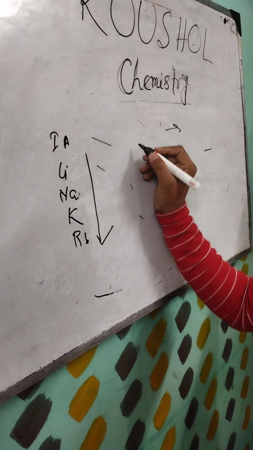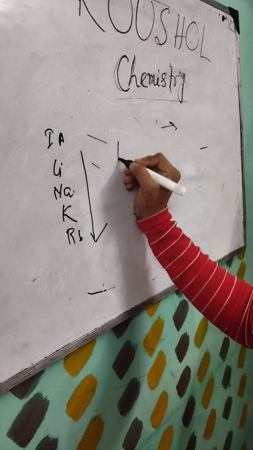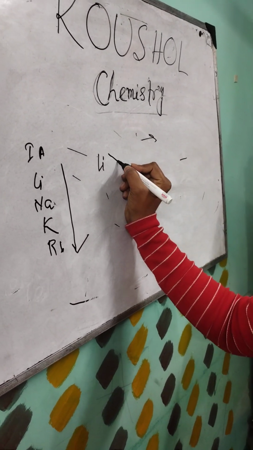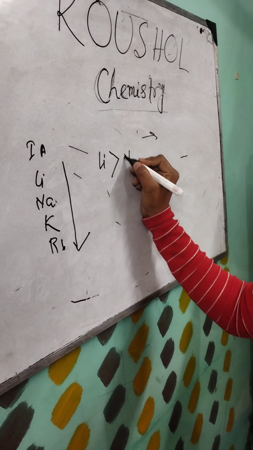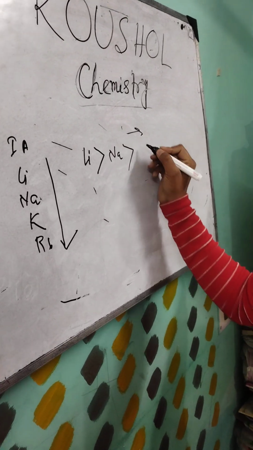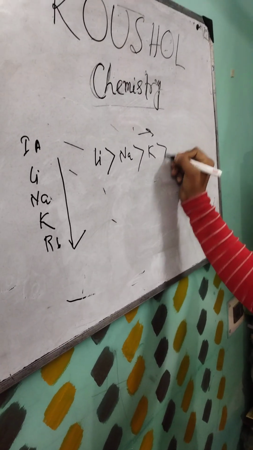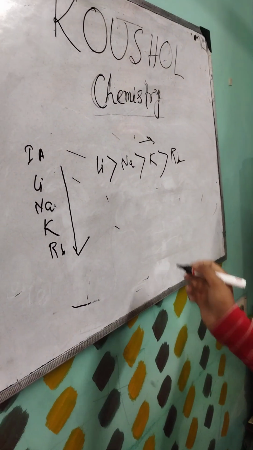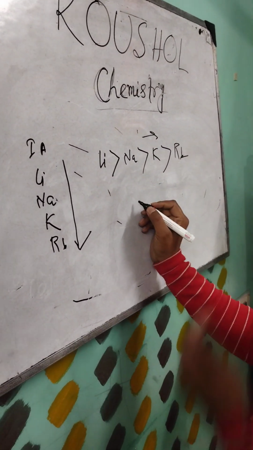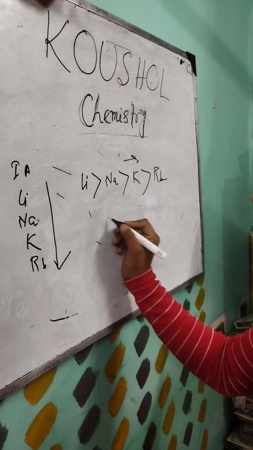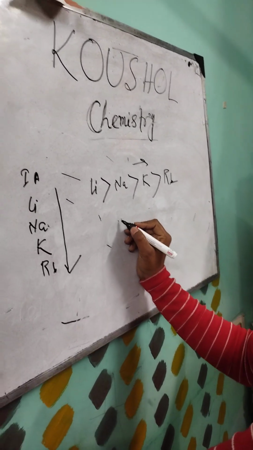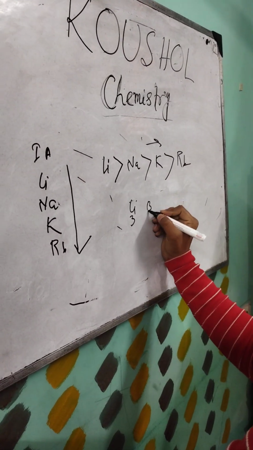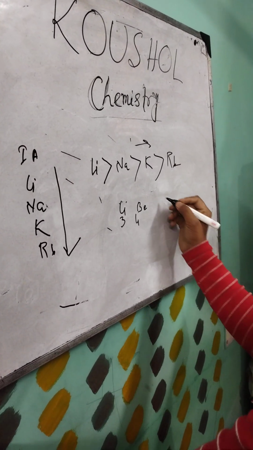So in decreasing order, lithium has greater ionization energy as compared to sodium, potassium, and rubidium. In a period, if you look, lithium, beryllium,